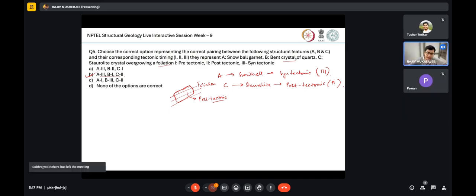So these are the relic grains, and in that sense, yes, because relic grains are often signatures of pre-tectonic fabric. Because bent crystal means you have subgrains, right? You will see the undulose extinction in the quartz in thin section. Now the thing is that if the dynamic recrystallization process is well complete, right? In that case, you will get